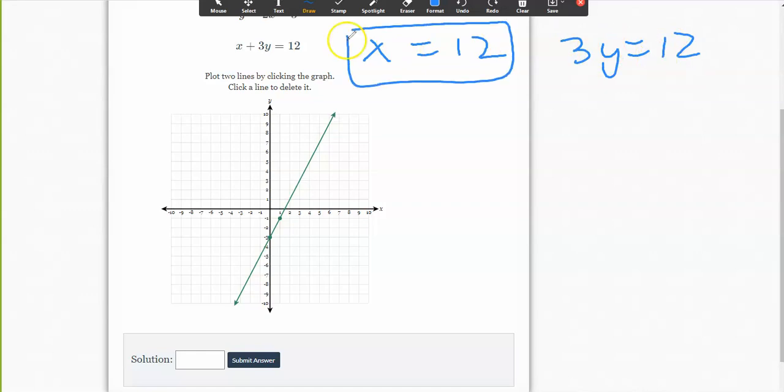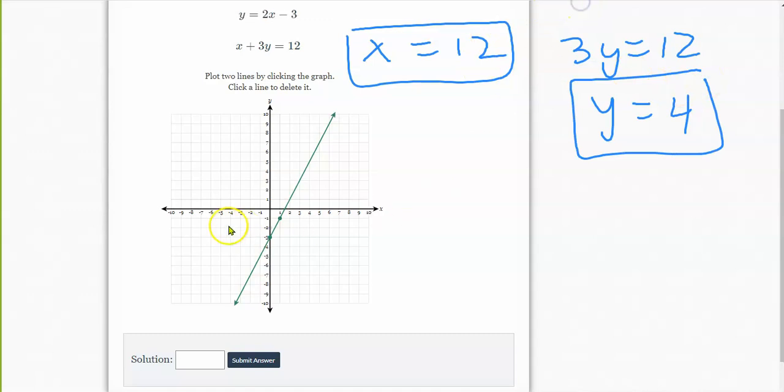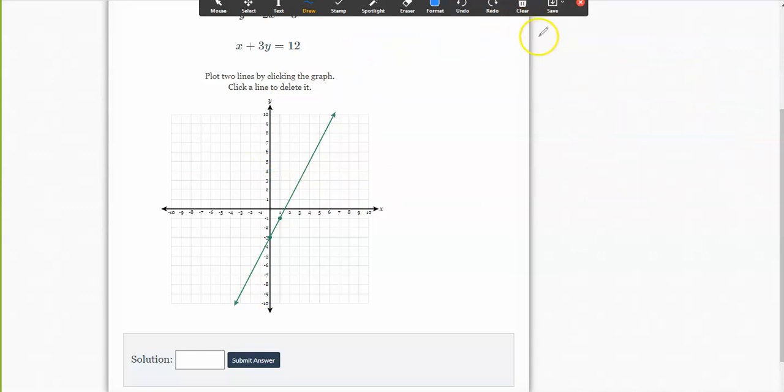So the x-intercept is 12, which actually would be off my grid, and the y-intercept would be 4. Unfortunately this 12, although I could graph it, there's no place for me to click. So on my y-axis I could click 4, but on my x-axis I could not click positive 12. There's no point for me to click there. So I can't use my x and y intercepts to solve this particular question, so I'm going to rearrange this